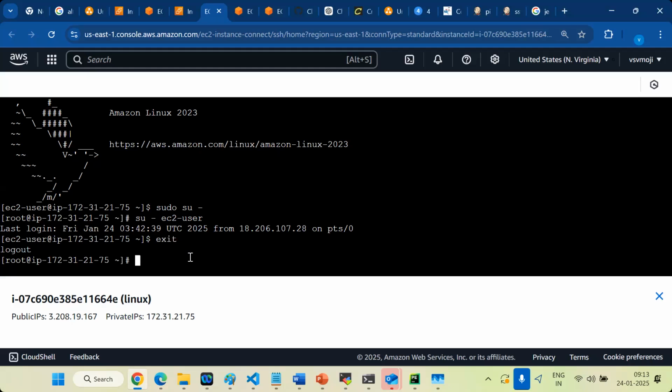Now, guys, I'm going to create one user. How to create a user? useradd, give the username. So I'm creating here user one. Let's log in as user one.